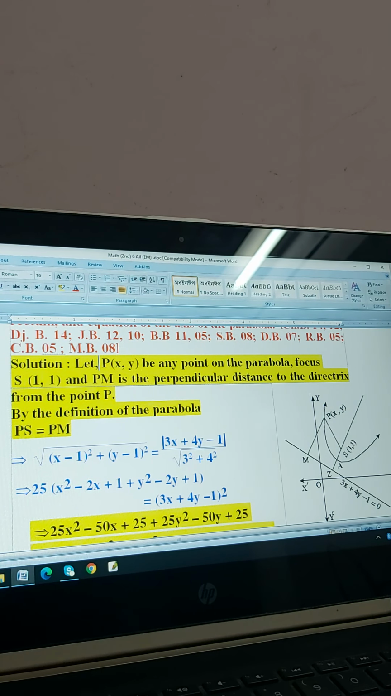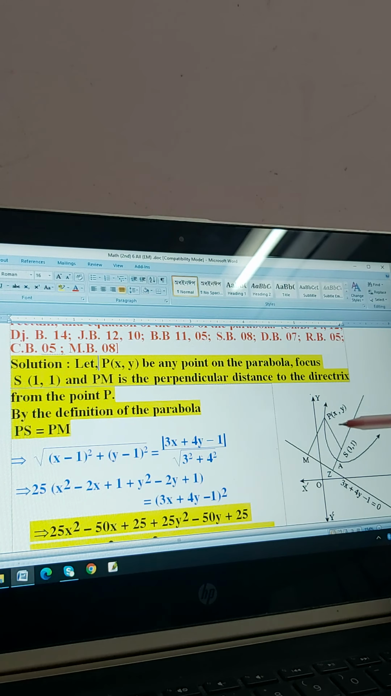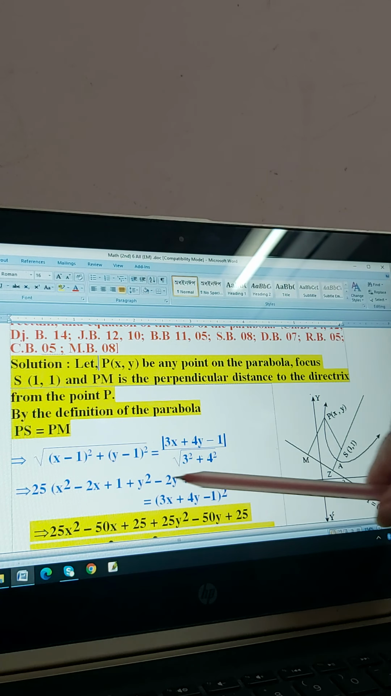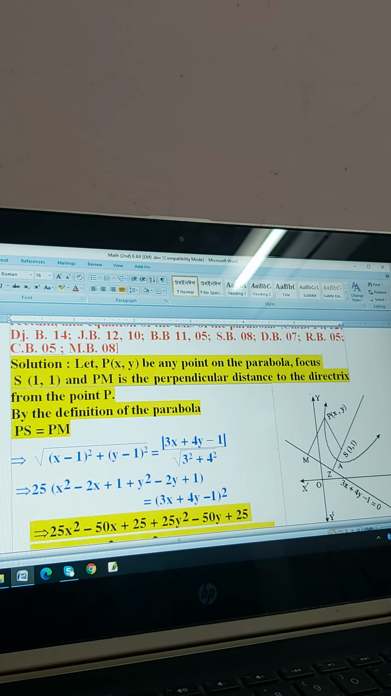We have already given the definition in the previous classes. With the help of the definition of parabola, let us write PS equal to PM. Therefore, the distance formula, which is well known to everybody: square root of (x1 minus x2) whole square plus (y1 minus y2) whole square. This gives PS: (x minus 1) whole square